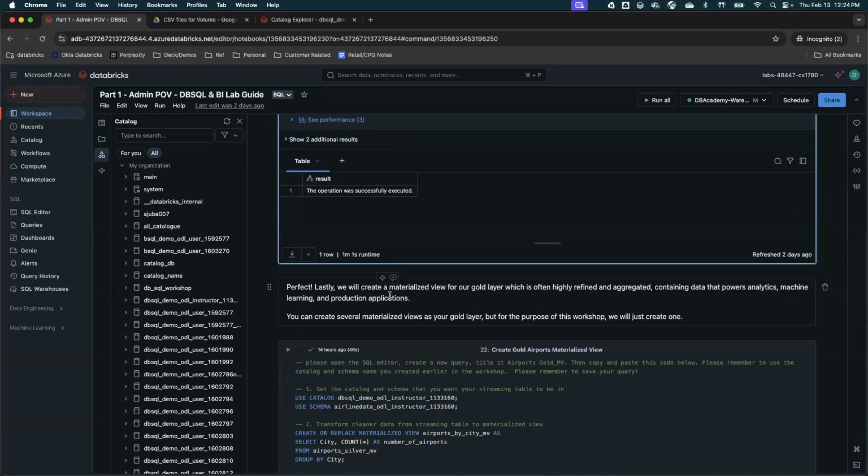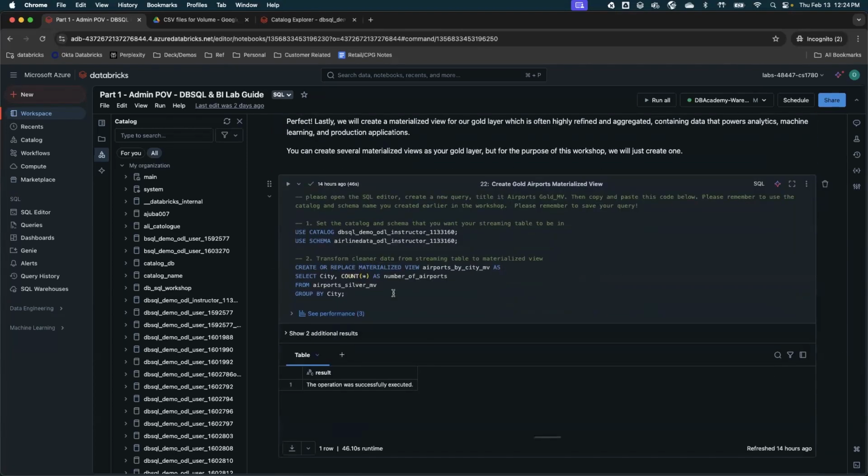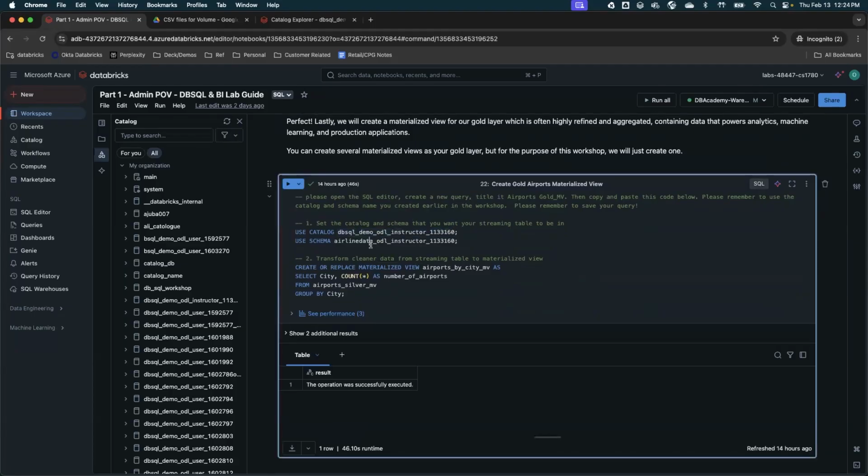Now, once we are done with this, we will also be building a materialized view for the gold layer. There also we will apply similar logic. We will use catalog and schema and build the materialized view, airport by city materialized view. And here we are applying logic. What we are trying to do is find out the number of airports across a city.